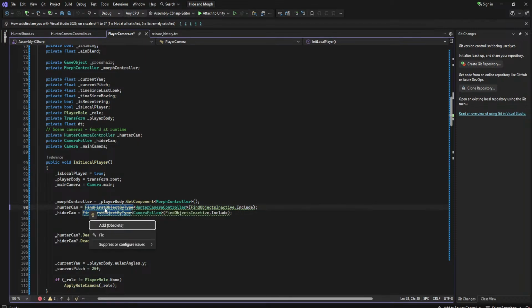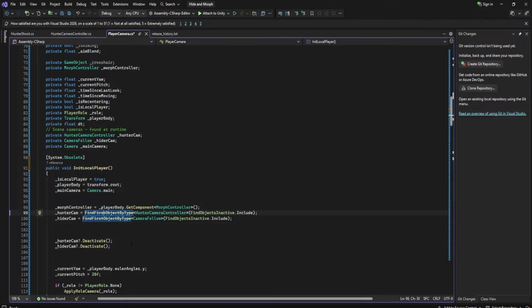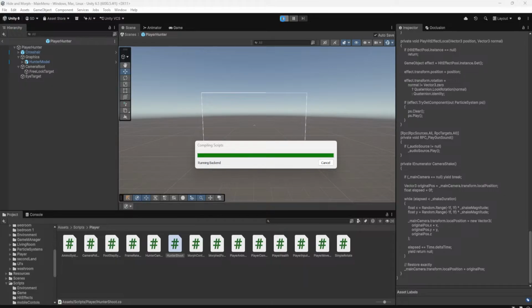Alt plus enter, then add obsolete. Now if I check,